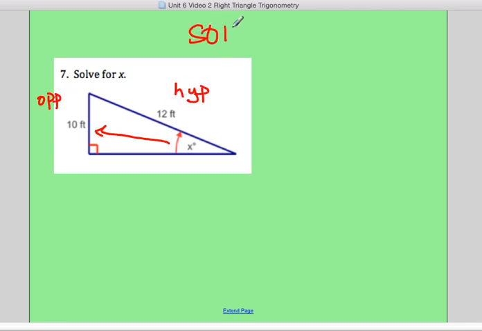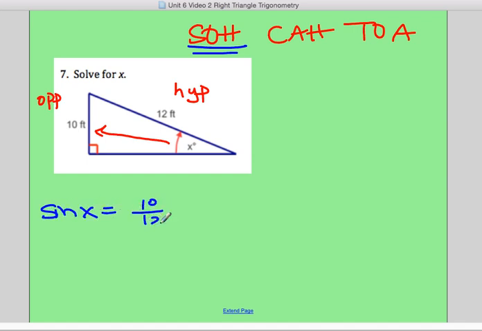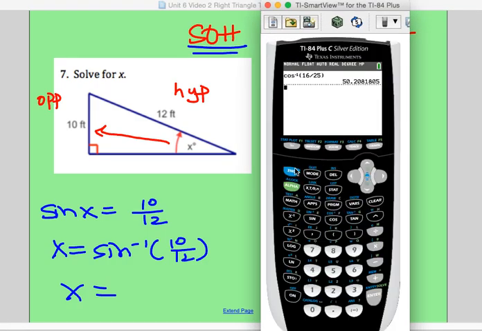So looking at SOHCAHTOA, who uses opposite and hypotenuse? Sine. So it's sine of x is equal to 10 over 12. To find the angle, I do sine inverse of 10 over 12. And if I do that on my calculator, I go second sine, that'll give me the inverse of 10 divided by 12,